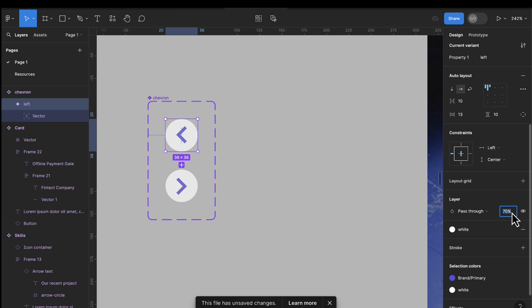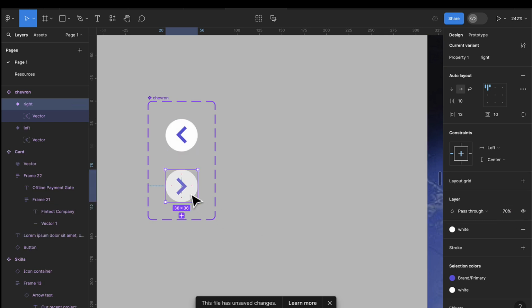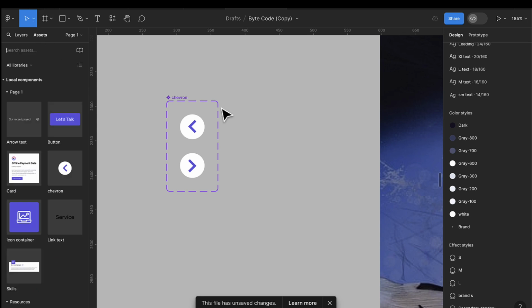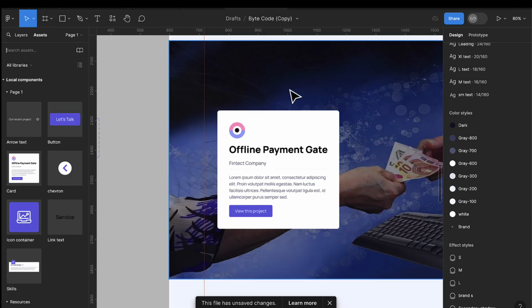So this pass-through is supposed to be 100%, so I don't know how it got to 70, so I'll do the same for this. Select this and then make sure it's 100%. If yours is 100%, then you're good. So now we need to go to the assets file here, then come to this section of our design and